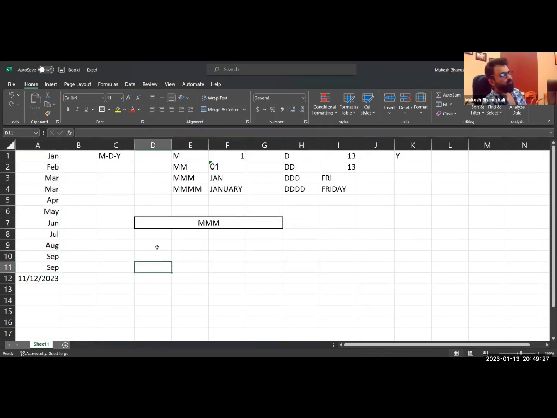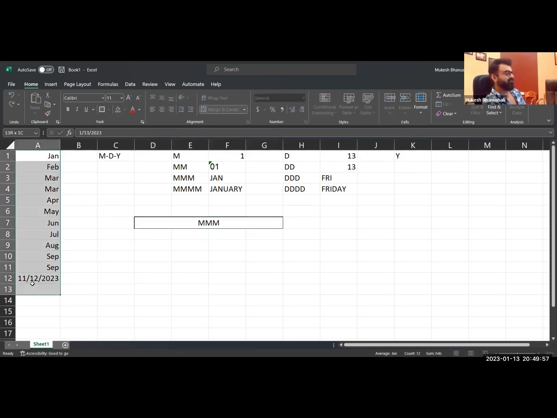So the dates, you don't want to see the dates. I just wanted to see only the month from the date specified. इसका मतलब ये नहीं है कि वहां पे डेट नहीं लिखा हुआ है, इसका मतलब ये है कि यहाँ पे तो पूरा डेट लिखा है, बट यू हैव कस्टमाइज्ड योरसेल्फ कि मुझे सिर्फ ये दिखाओ. I just want to see only the month part because you have mentioned MMM. है ना समझ में? Okay, now if I write here MMM one more time, I press control 1 and this